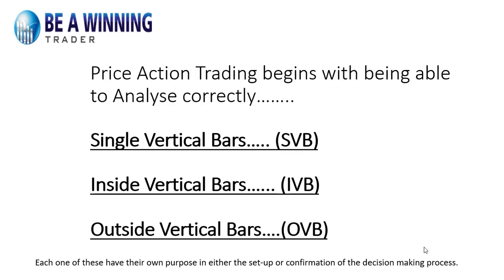Now, price action trading begins with being able to analyze correctly single vertical bars, what we call inside vertical bars and outside vertical bars, otherwise known as SVBs for single vertical bars, inside vertical bars or IVBs, and outside vertical bars or OVBs. Now, each one of these has very much its own purpose in either the setup or the confirmation of the decision making process. And what I'm going to look at next is actually showing how the outside vertical bar in particular works in